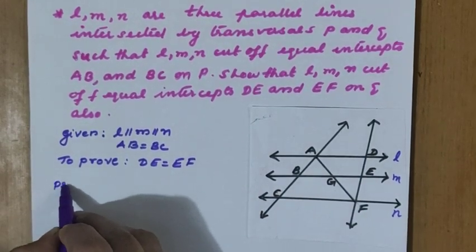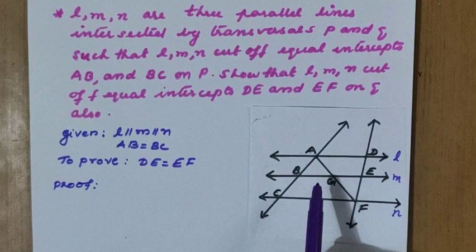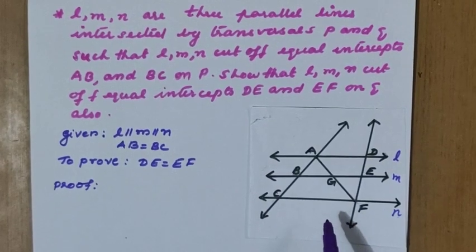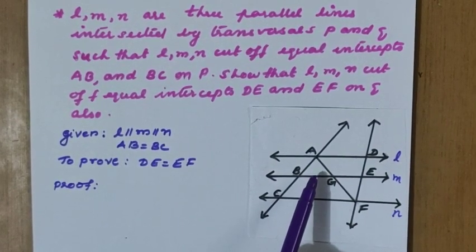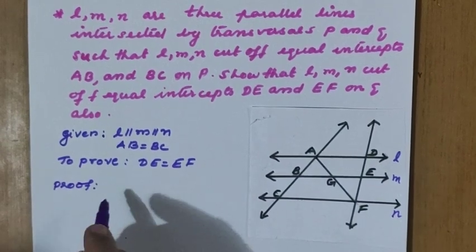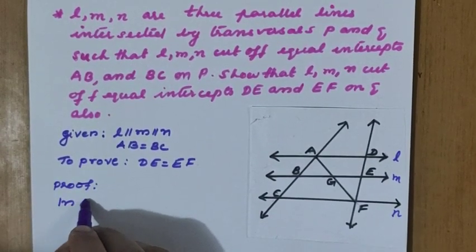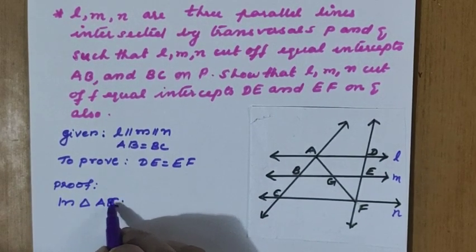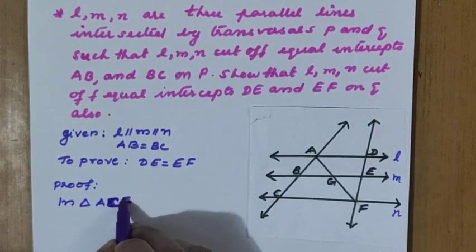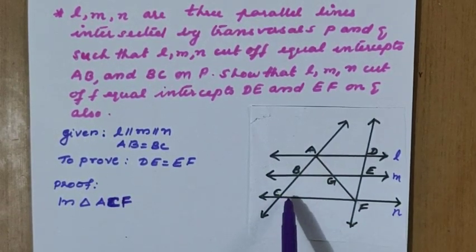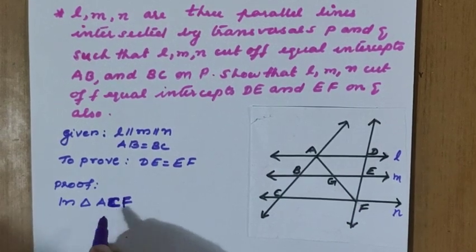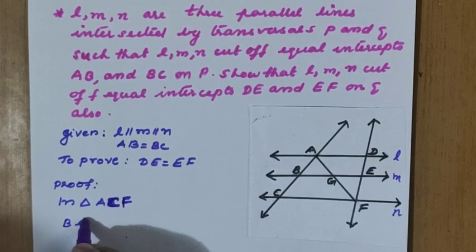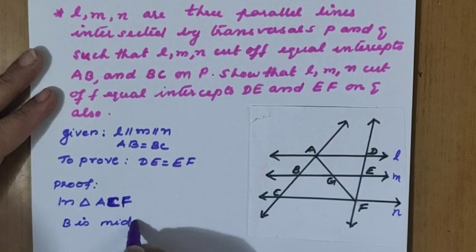So the proof will go now. How does the proof start? We have to join AF here; it is already joined and given in the diagram. Sometimes it won't be joined, and that time we have to write it as a construction. So here, already joined. So in triangle ACF, see that one? ACF. AC is the first side, in that B is the midpoint. I'll write here, B is the midpoint of AC.